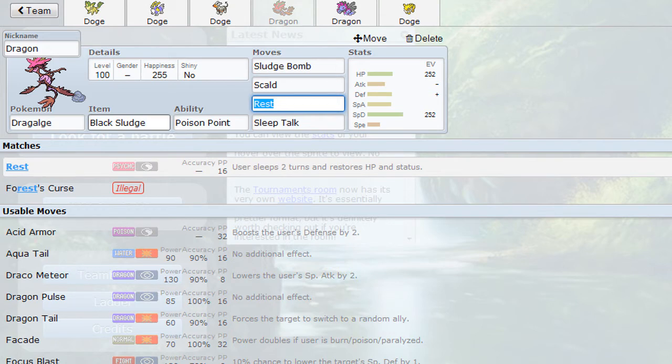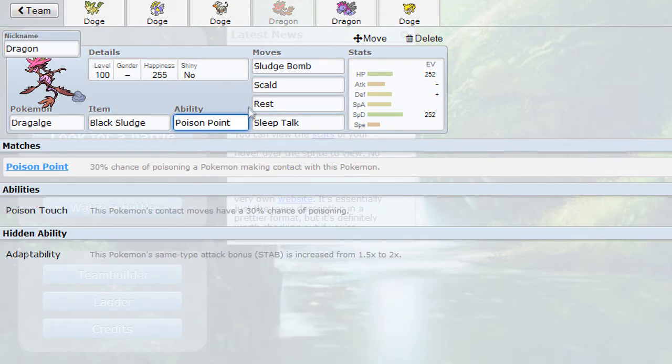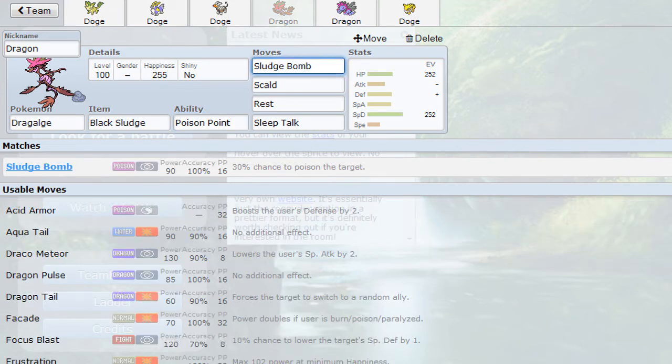Dragalge, the name's right there. Got Black Sludge just for trick and recovery. Poison Point because Adaptability isn't released, and I don't have any contact moves, so Poison Point's the best ability. Sludge Bomb over Sludge Wave just for the extra chance of poisoning, because you only get 5% more damage, and